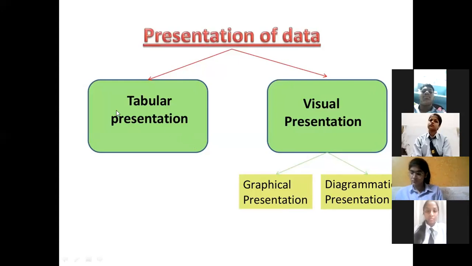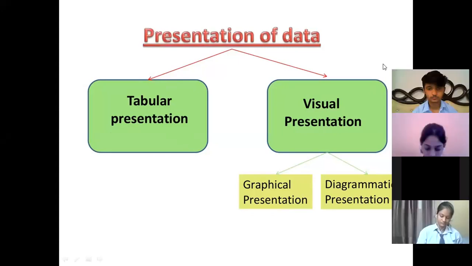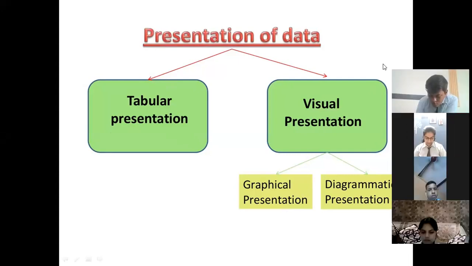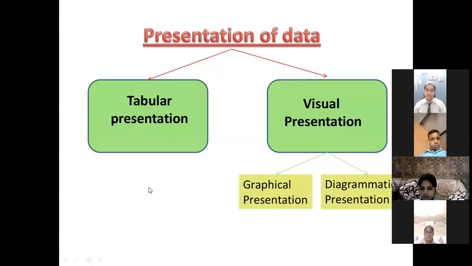So we can simply say that in the form of tables, the data will be presented. Table means you have made one table, and in that table you are presenting the data. That is basically known as presentation of data through a tabular form. For example, suppose you have been provided data where you have collected information about your classmates, that what amount of pocket money they are receiving each month, right? For example, I just annotate here.